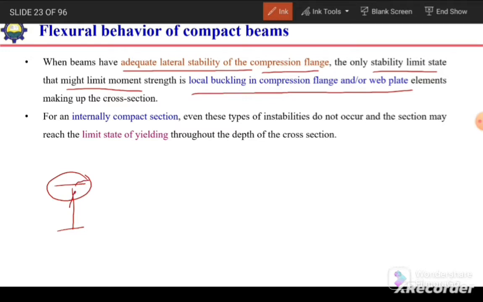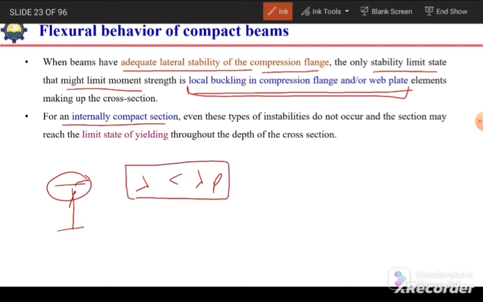In case of a compact section, this second type of failure mode is also prevented, because we have seen in case of a compact section when lambda is less than lambda p for both flange and web, in that case the whole section can develop yielding without any local buckling. So for a compact section, even these types of instabilities do not occur and the section may reach the limit state of yielding. So the whole section can yield